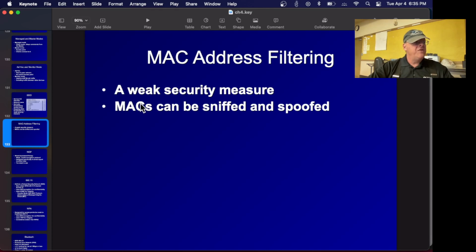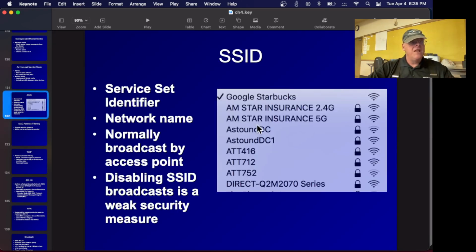If you have MAC address filtering, then people will see the network in the list, but when they try to connect, it'll refuse to connect because they have the wrong MAC. So it's something I used to do when I would use a wireless network at coffee houses, just to stop the people sitting next to me from connecting to my hotspot.